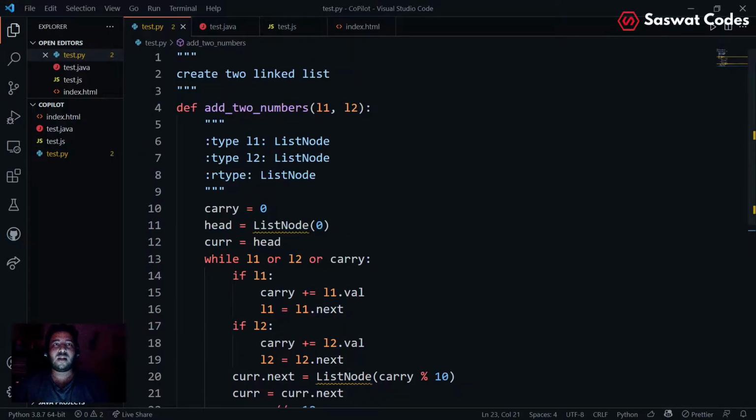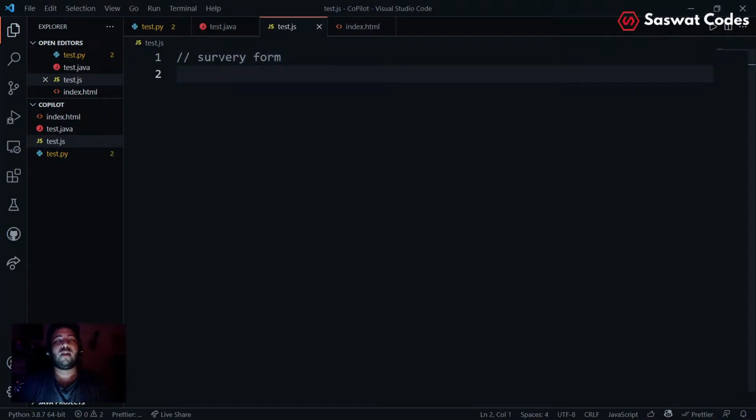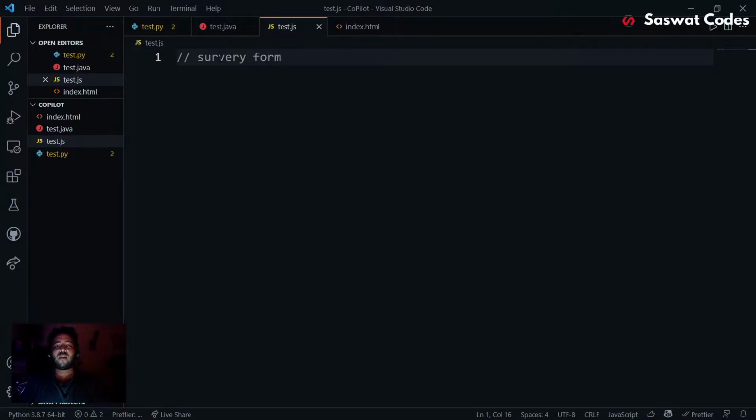Now let's go to JavaScript and do this. Let's go for a survey form. Okay, whether it is thinking or anything. Actually, I think GitHub should give a loading type of button here, so that we can tell whether it is thinking or not.